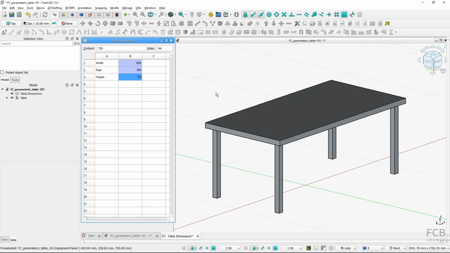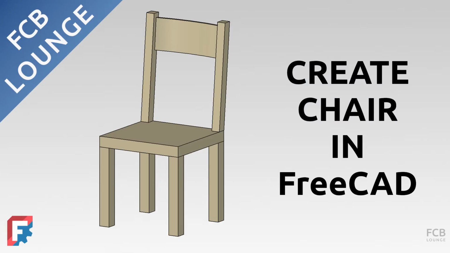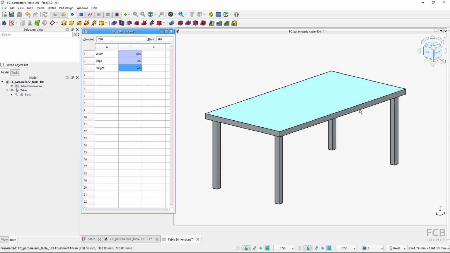Even though this tutorial is meant for BIM workbench users, we will model this table in the Part Design workbench because this workbench is meant to model objects like this one. You could also watch my previous tutorial where I created a chair using the Part workbench, so you can see the differences between Part and Part Design workbenches, where Part Design workbench creates one object, a body, which contains all